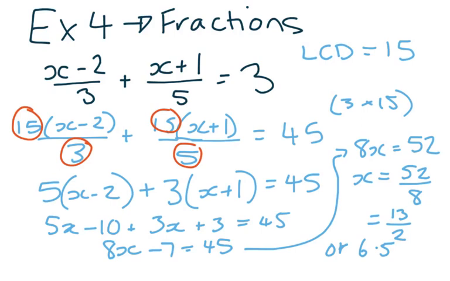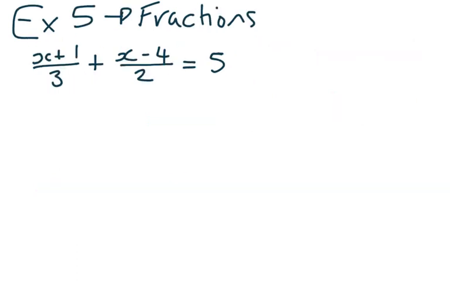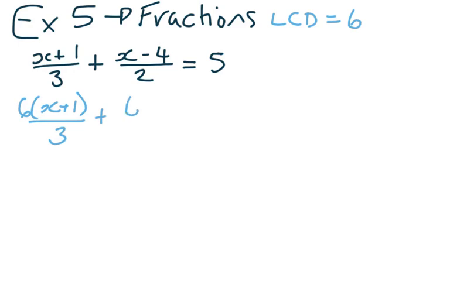Okay, so our second example is x plus 1 divided by 3 plus x take 4 divided by 2 equals 5. So again, first step is lowest common denominator. Lowest common denominator of 3 and 2 is 6. So the first thing we do is multiply everything by 6. Okay, so each term we multiply by the lowest common denominator,